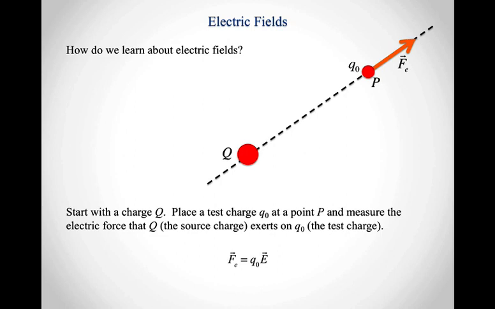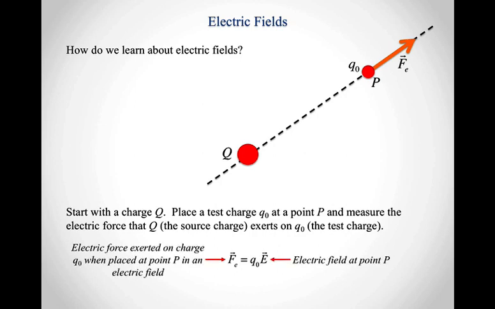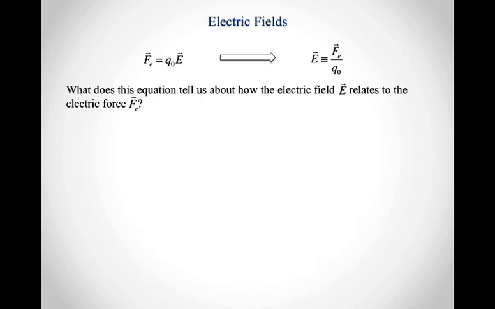So let's fill in all the details in this equation. This is the equation that describes how the electric force and electric field relate to each other. But let's be clear about precisely what we're describing in this equation. The left-hand side of this equation says the electric force exerted on charge Q naught when placed at point P in an electric field. That is going to be equal to your charge Q naught times the electric field at point P. So what we can do is take this equation and basically flip it around, so solve for the electric field,